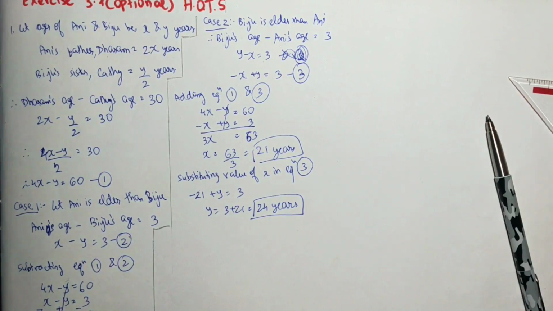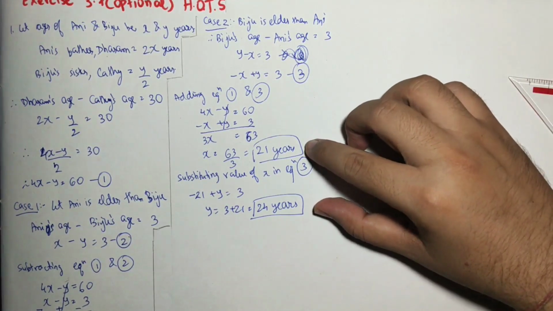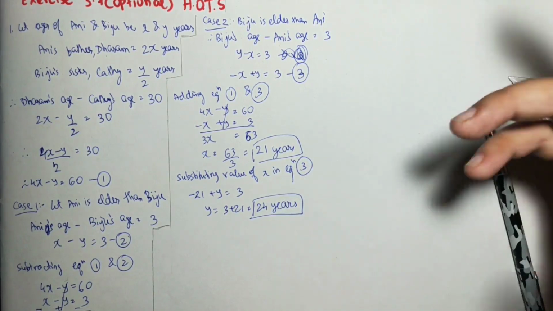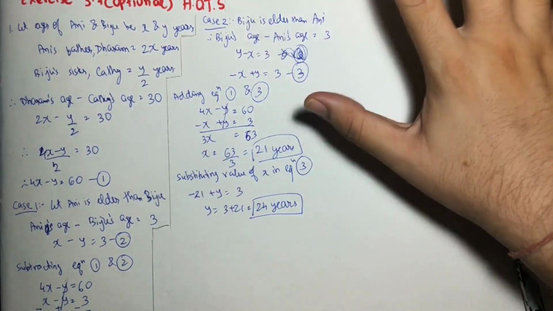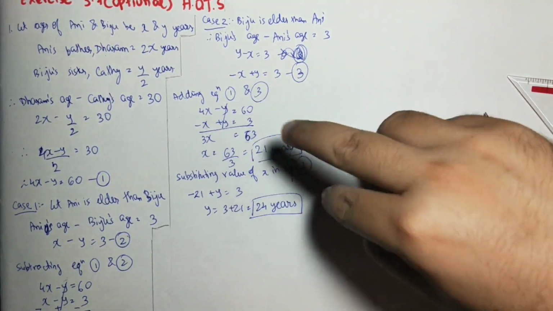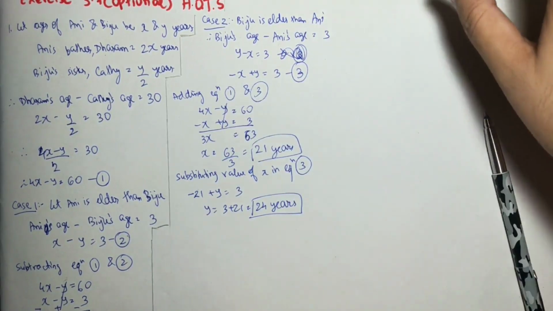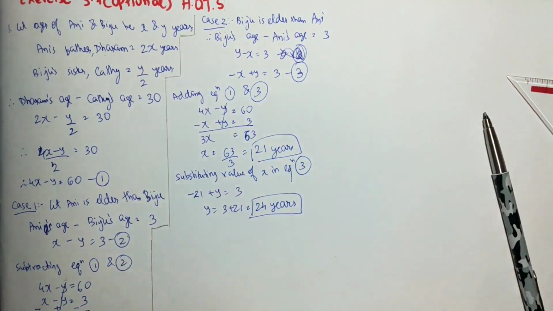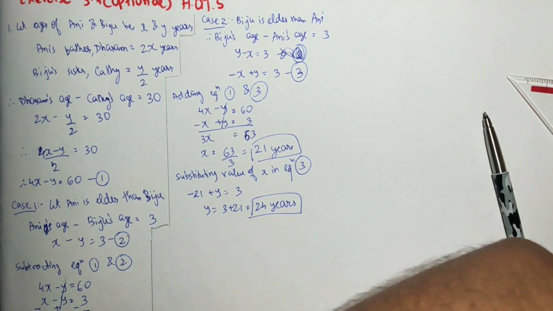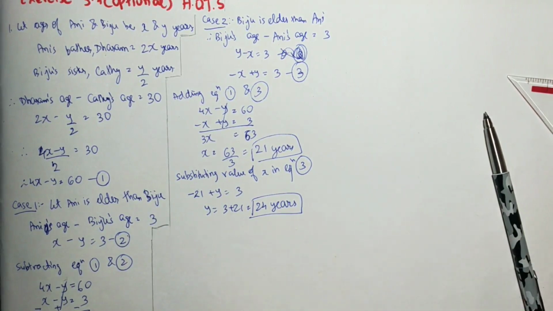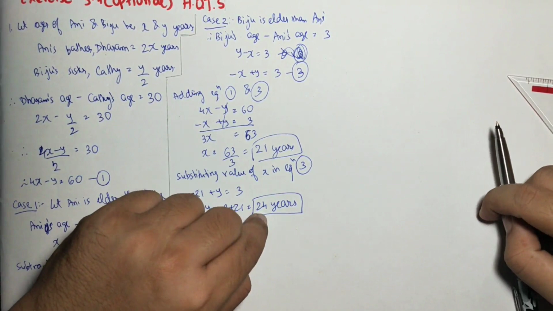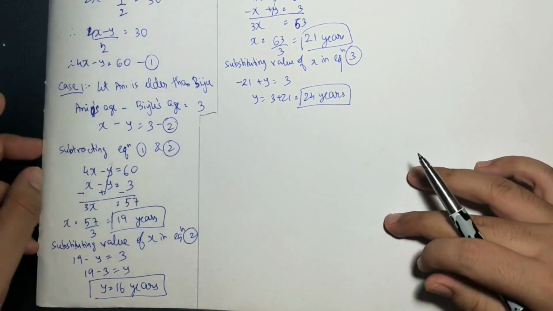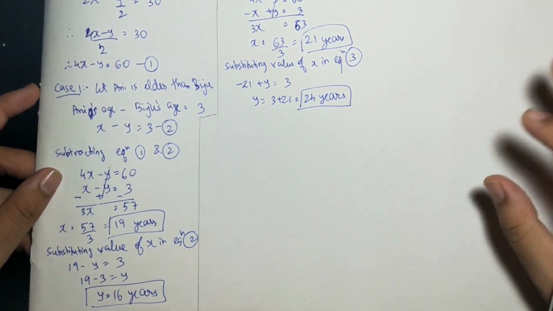Now sometimes what happens is that one of these answers becomes negative. But age can never be negative. So in that scenario, you have to say that this case is not possible. If in any one of the cases the values come out to be non-acceptable, then write over there that this case is not possible. So our final answer will be the one which is left. But here the answers of both the cases came out to be possible values. 21 years and 24 years are possible. 19 and 16 years are also possible. So if both the scenarios are possible, we have two answers.